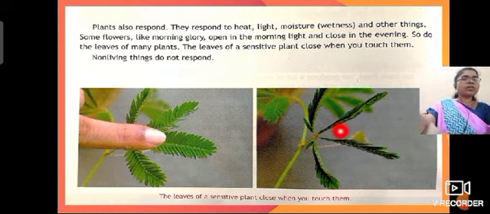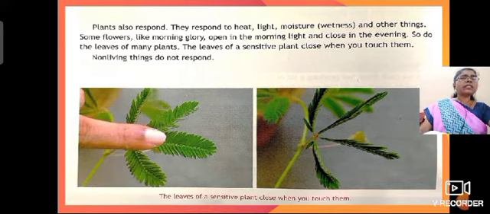So the leaves of some plants close when you touch them. Some plants are sensitive, and they'll close when you touch them. But non-living things do not respond, isn't it? Next,